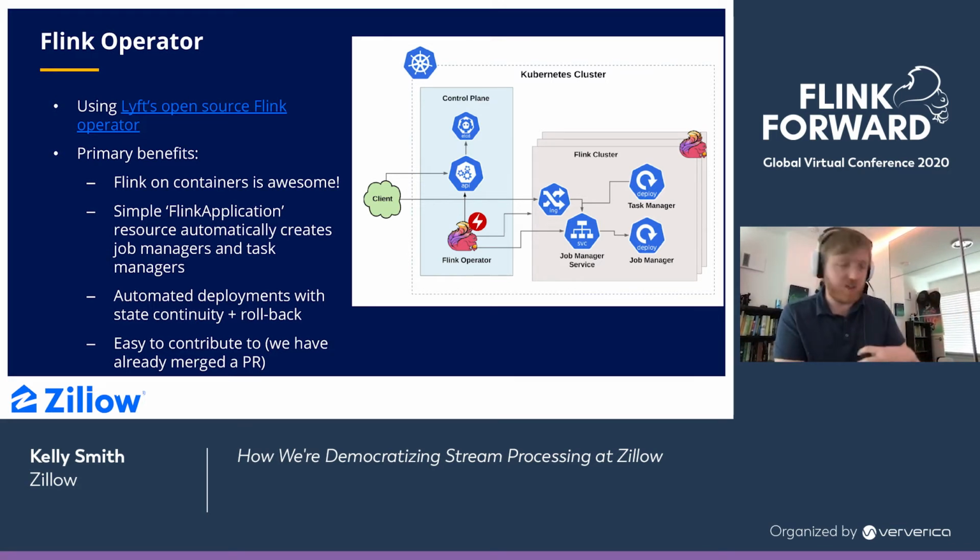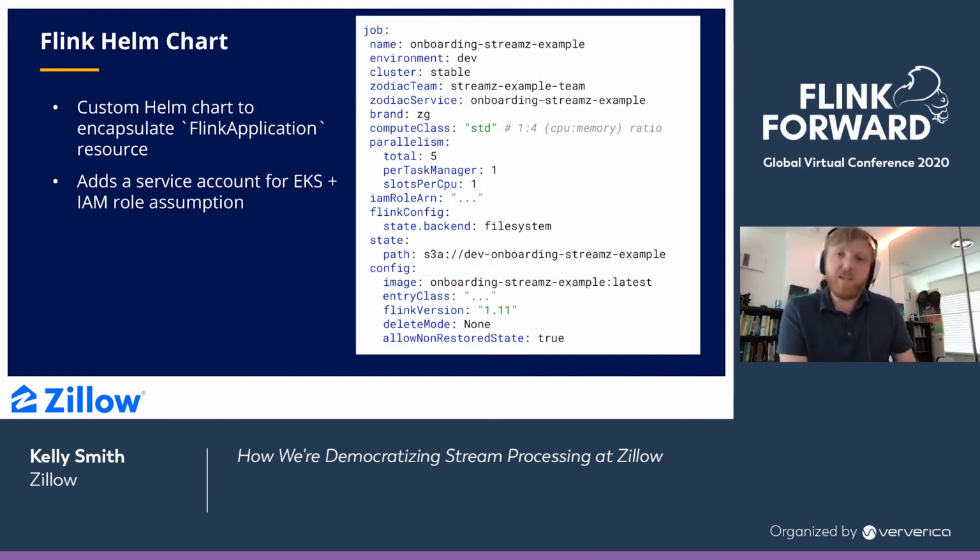So we just pulled this off the shelf and included it into our Kubernetes ecosystem. And then the other thing that we did is we went and built a custom Helm chart to encapsulate the Flink operator's behavior. With their operator, what you do is you create a Flink application resource. It's a custom Kubernetes resource. And then Helm allows us to package this all up into our own configuration syntax and then include